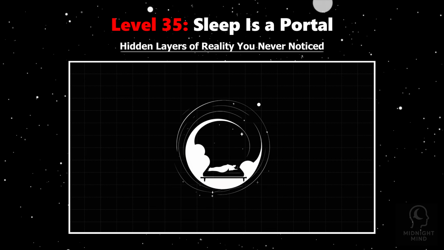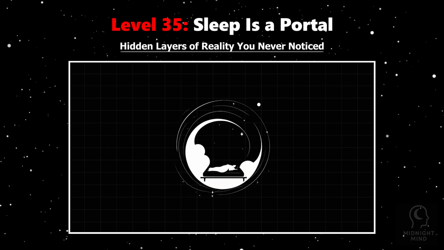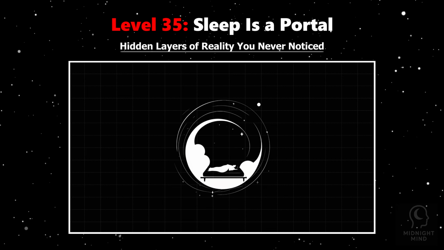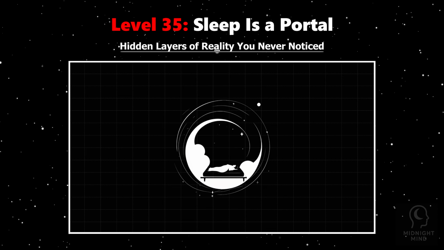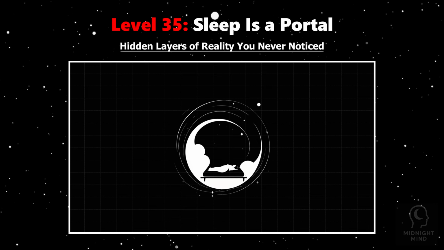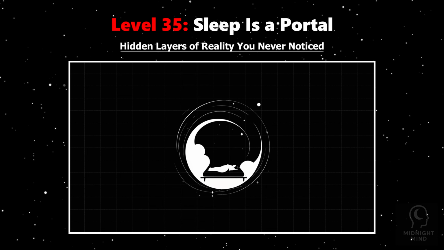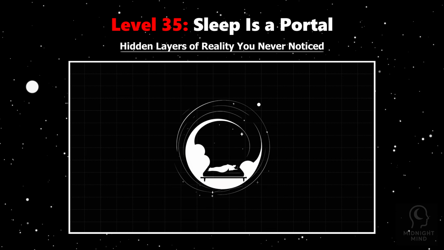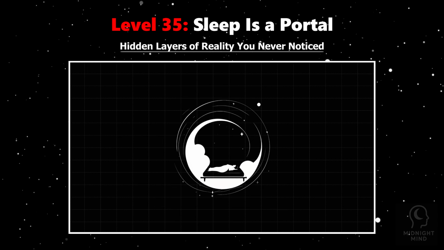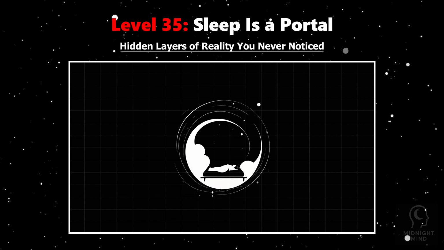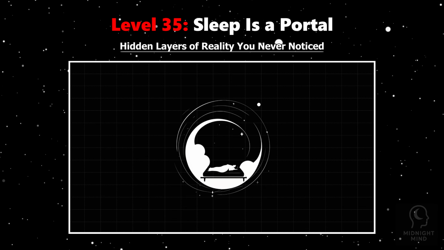Neurologists show that in this state, parts of your brain deactivate while others ignite, dissolving normal rules of reality. You become untethered from your body, slipping into a fluid world of symbols, emotions, and fragments of self. This nightly disappearance challenges the idea of a continuous self. If you fade each night, what truly persists? Studies of lucid dreaming and sleep paralysis hint at glimpses of this hidden realm, where identity blurs and the boundaries of existence stretch. Yet, society accepts this vanishing act without question, ignoring the profound mystery it holds.